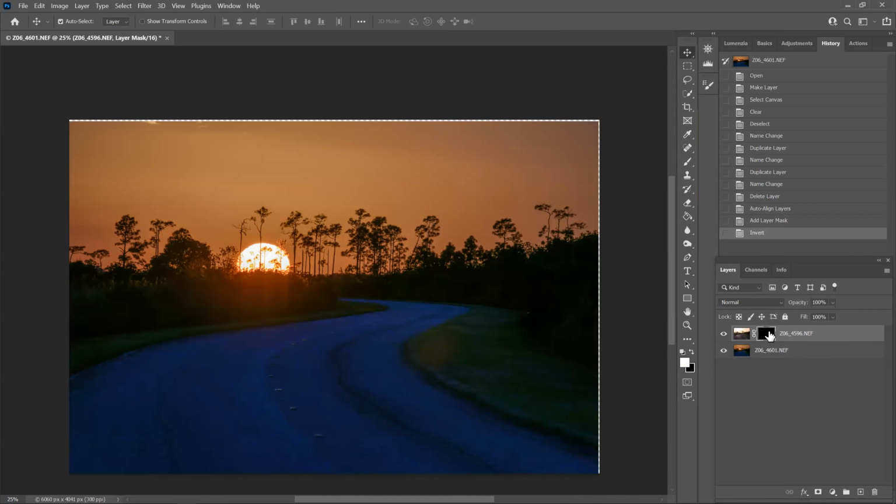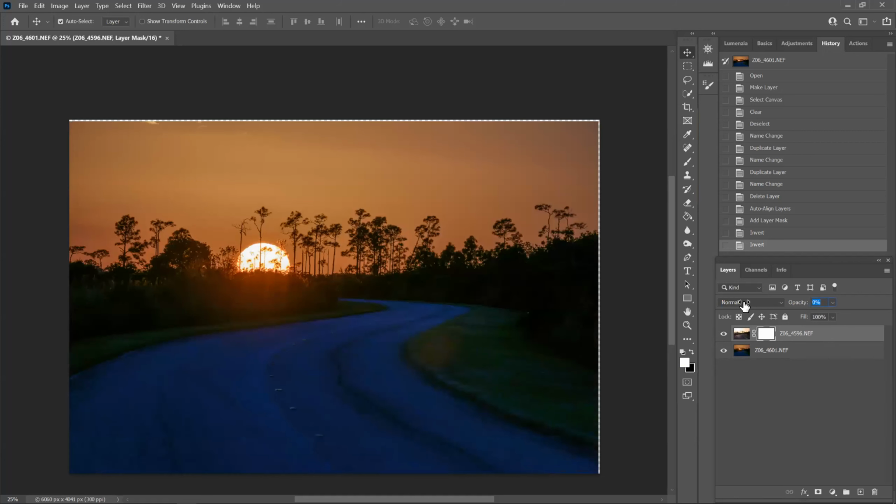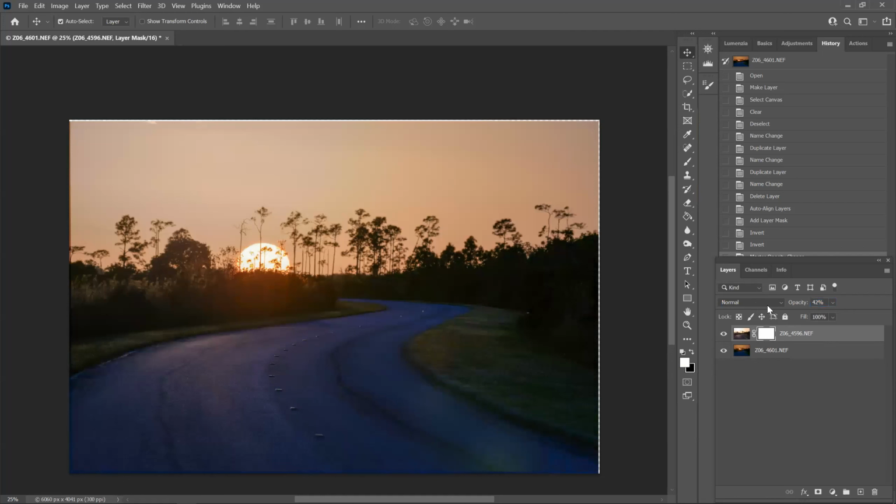So the black conceals this layer here, this image that I'm circling with my mouse, where the little hand is pointing. Now, if this was white, this is revealing everything in this, okay? This image here is being covered by this image here. It's on top, so whatever's on top is what's going to be showing. You can also do the opacity and look what happens. You get partial views. You're lowering the opacity of the top layer, which is revealing the back layer. You can merge them that way if you wanted.